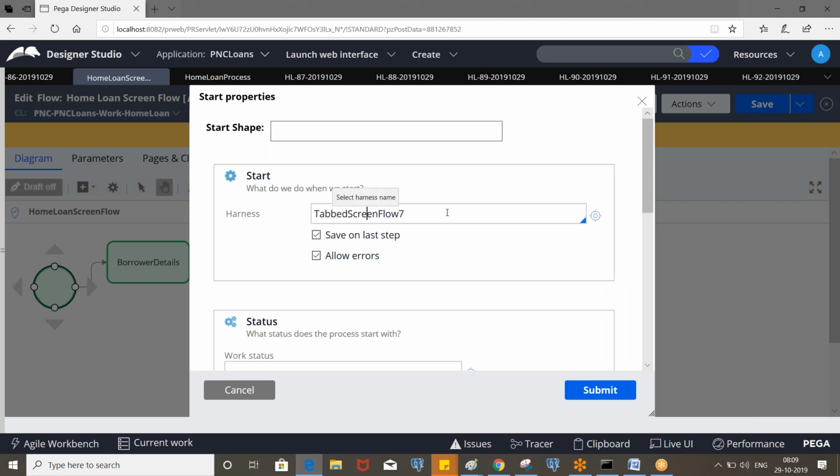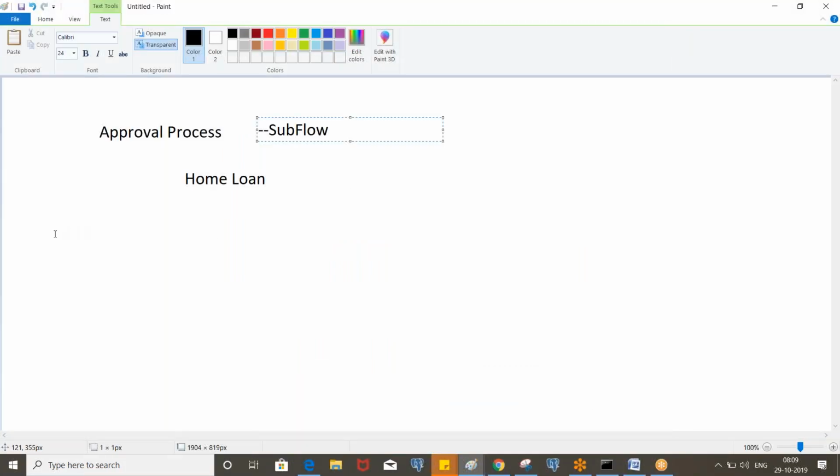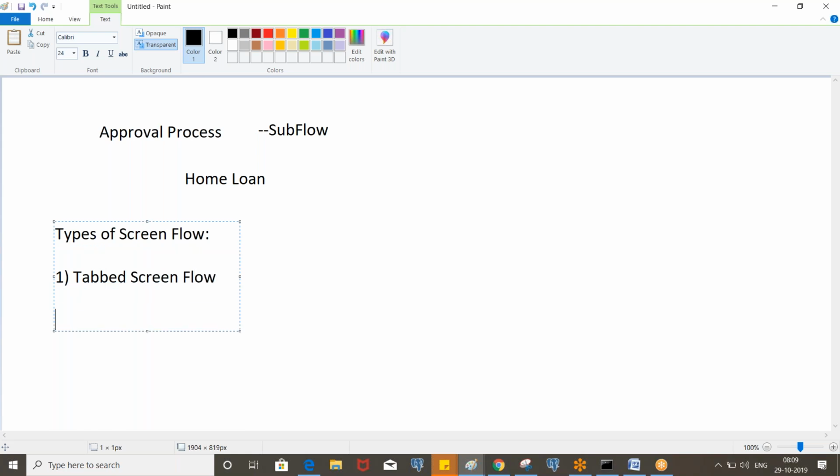We have three types of screen flows available. One is the tabbed screen flow, another is tree navigation, where you will see the screens in the tree format, and we have perform screen flow.